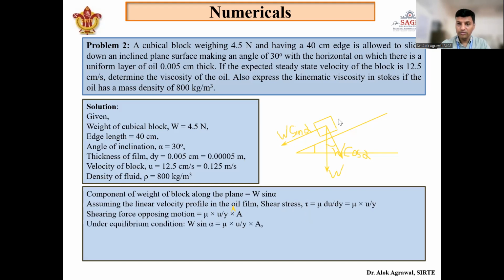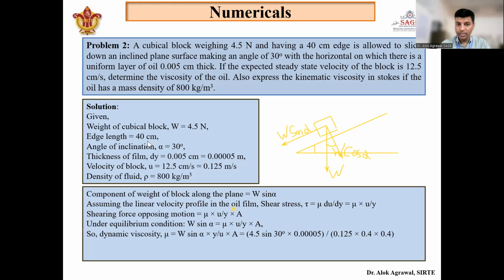The block is sliding, the weight of the block along the plane, that is W sin alpha, we will put here, equal to mu U by Y into A. Okay, now what is the known thing here? Here we know W, weight, which is given 4.5 Newton, alpha is known, mu we have to calculate, U is given 0.215 meter per second, Y is given, that is 0.0005 meter, and area of block is